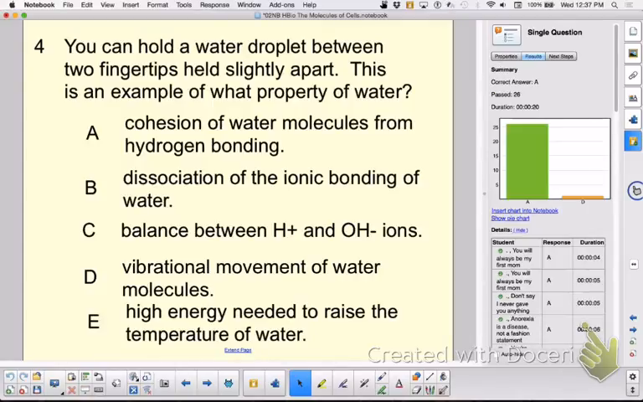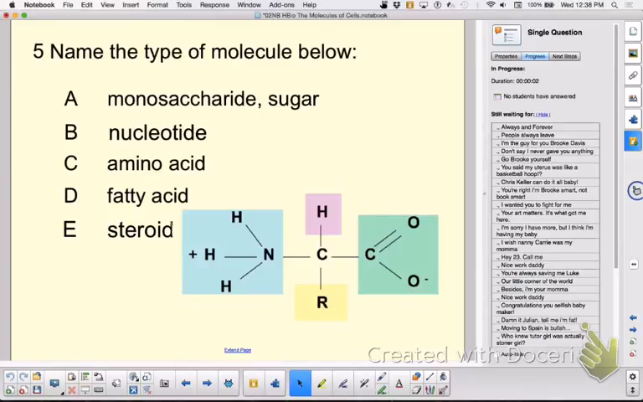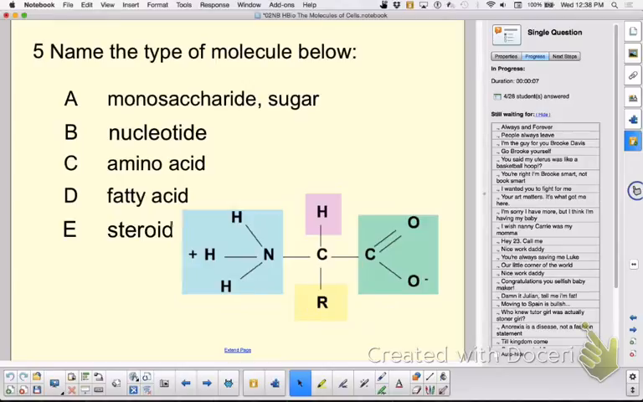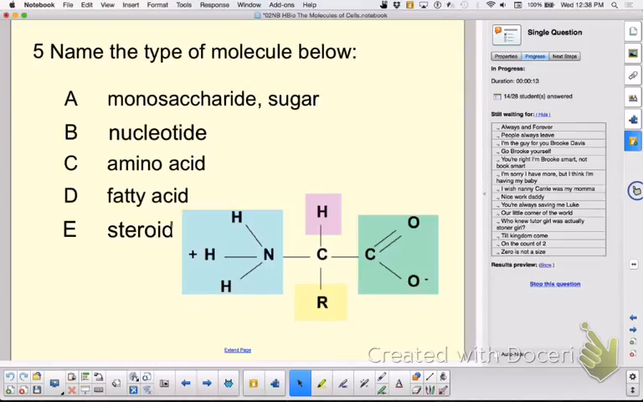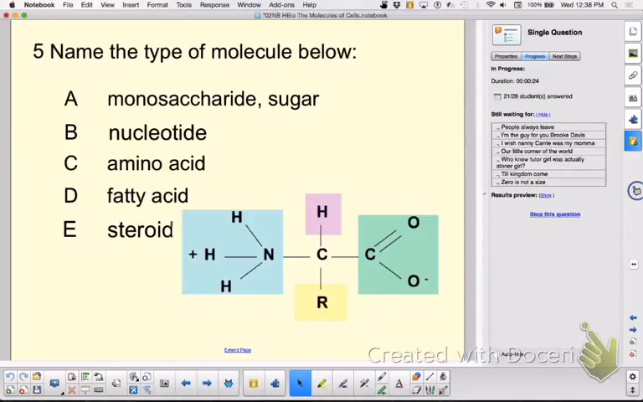Oh. Oh. Vibrational movement. Did I even use that word? No. No. For shame. Don't say it out loud. Let people think. Five, 4, 3,